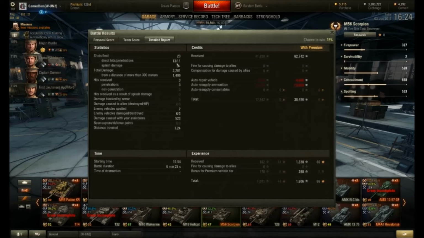23 shots fired, 13 hits, 11 penetrations. Just over half of them was at long range. Took 3 hits, all 3 penetrated. 1mm armor, what do you expect? We did 500 assistance damage,